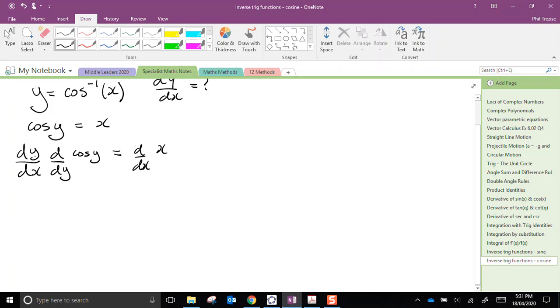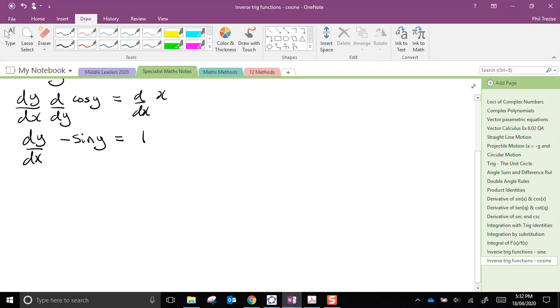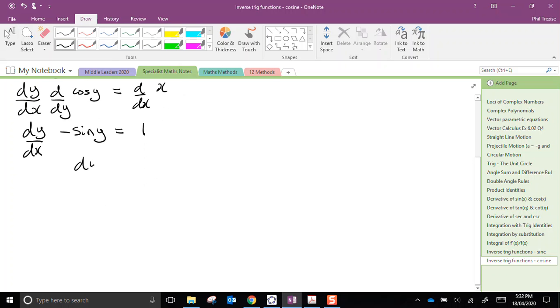This would cancel, making this whole business here d/dx, the same as what I did there. So with my dy/dx still in place, the derivative of cosine using y as the variable is negative sine y, and the derivative of x is 1. So dy/dx is -1